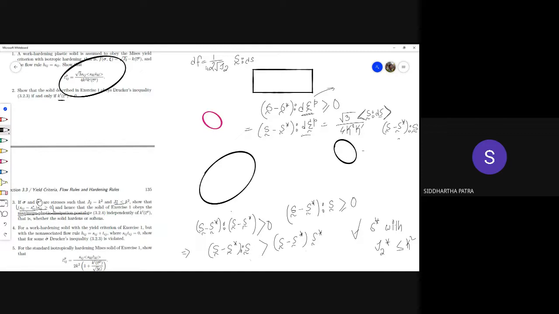So that equals minus k prime times d lambda. D lambda, of course, is greater than 0. Now there are two ways this is possible. One is k prime greater than 0. Okay, in that case,